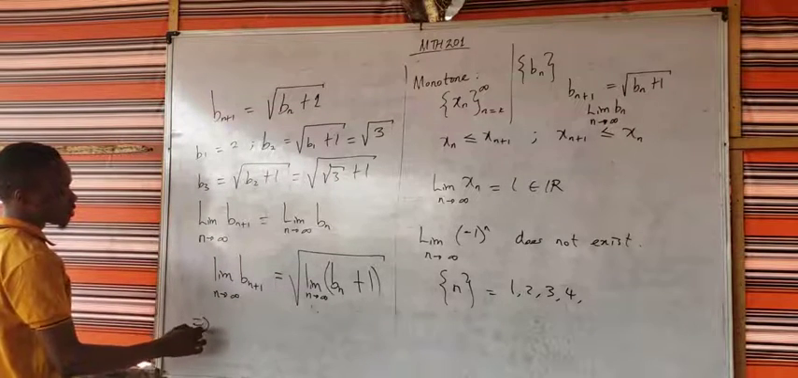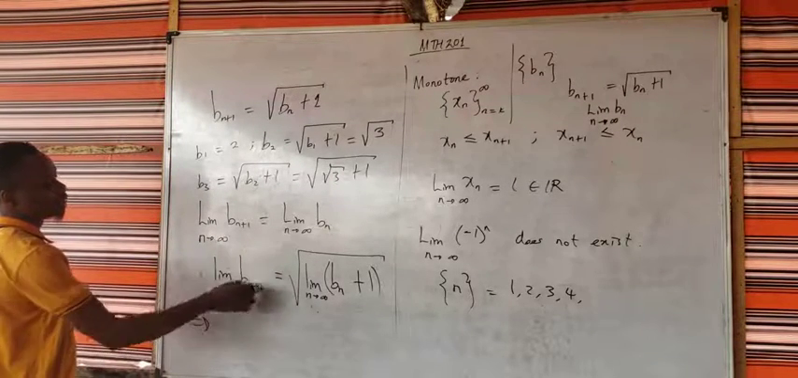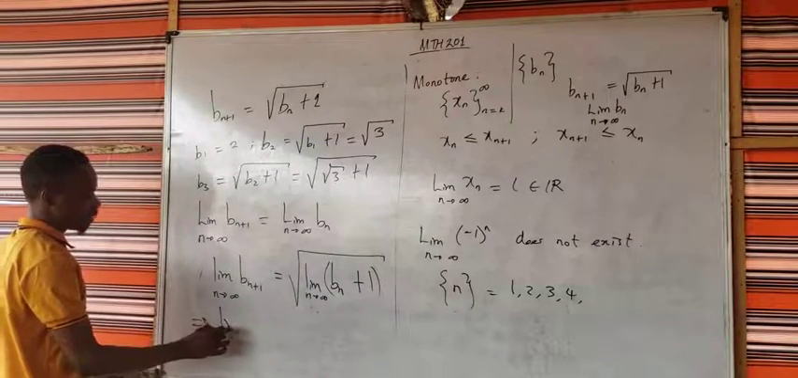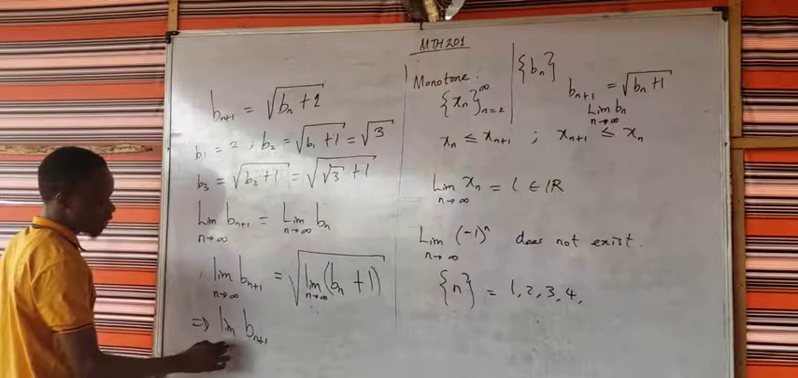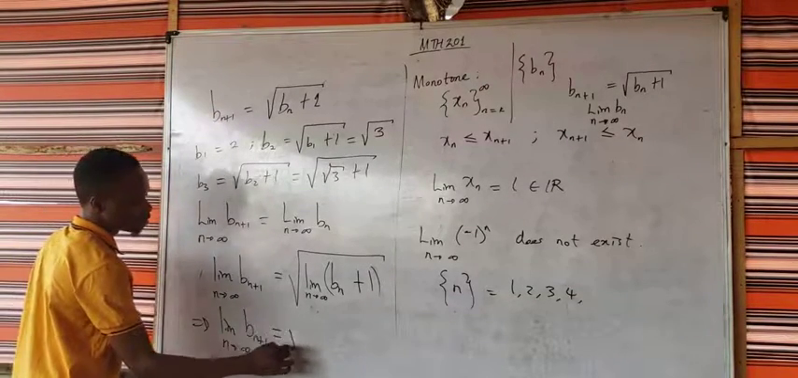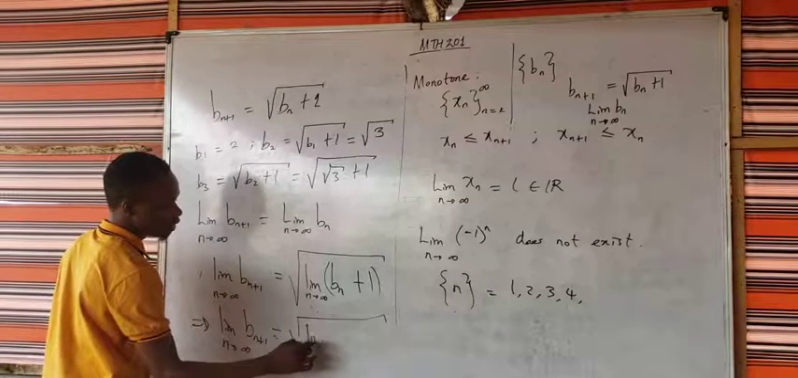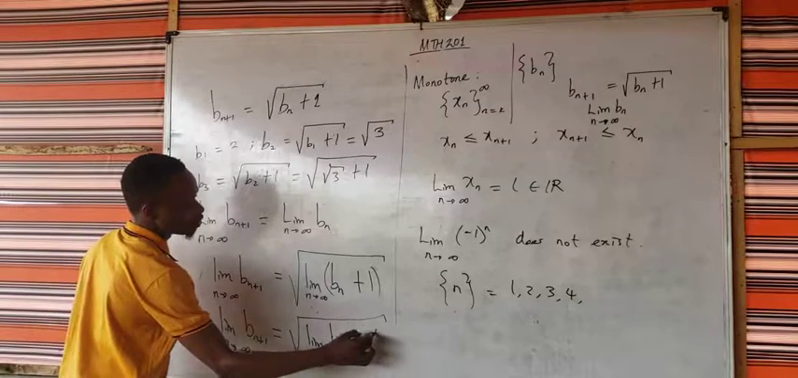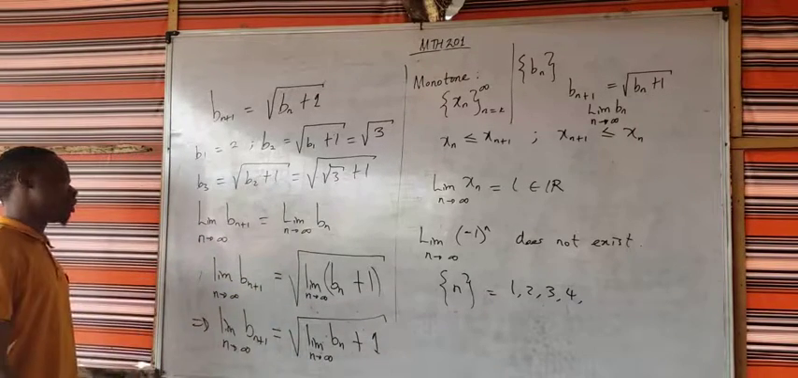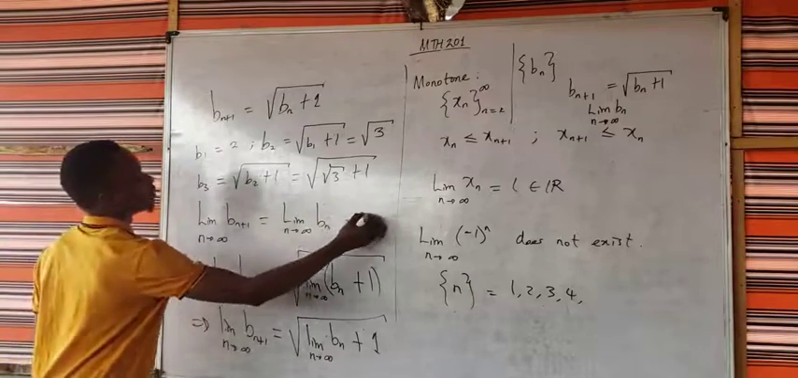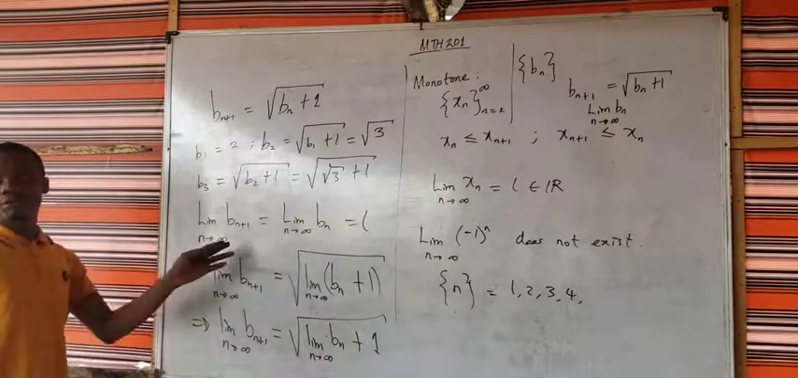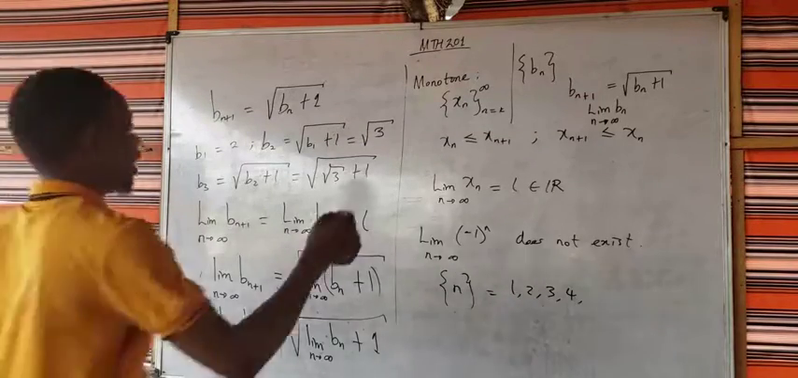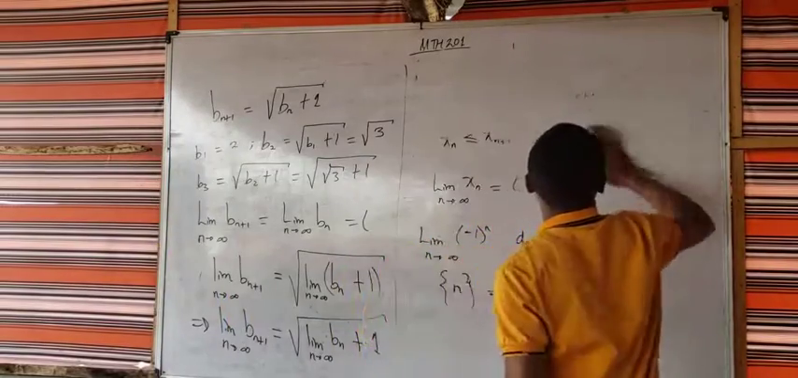I said that the limit of this is the same as the limit of this. So let's simplify. The limit of b_{n+1} as n approaches infinity is equal to the square root of the limit of b sub n as n approaches infinity, then plus 1. The limit of a constant is a constant. Alright, so I'm using L to represent this. Altogether, both of them are the same. I can use L to represent each of them, and this will give me